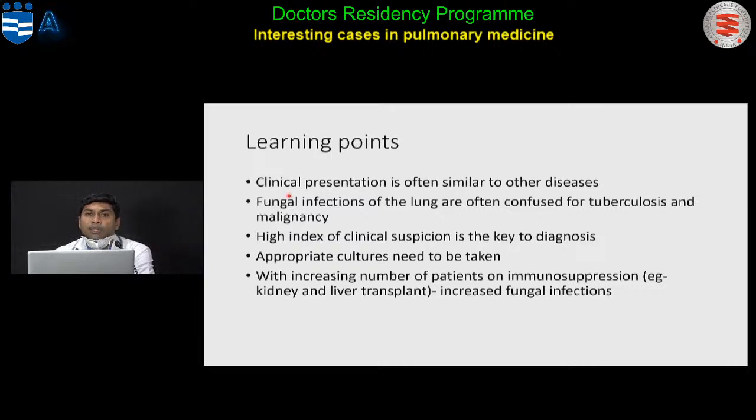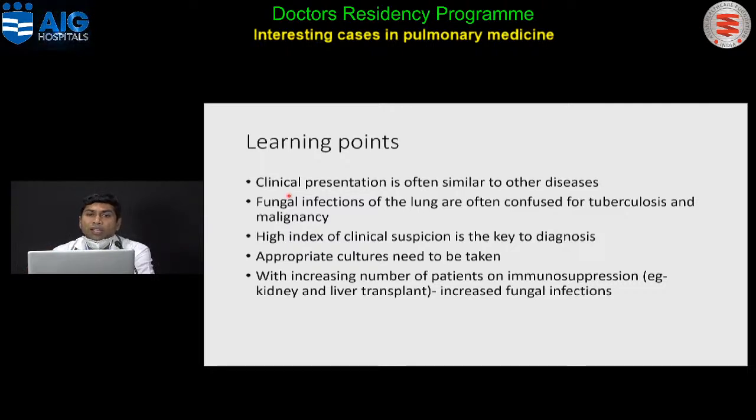You need to do an FNAC or a biopsy by any kind of route depending upon where the lesion is. Suppose the lesion is closer to the chest wall, maybe we can use an ultrasound-guided FNAC or CT-guided FNAC from the lung parenchyma. But if a lesion is very close to the tracheobronchial tree, then we use what is called EBUS-guided procedures for aspirating these lesions from the mediastinum. Sometimes these lesions will be in the middle, not closer to the chest wall, or not closer to the hilar region.